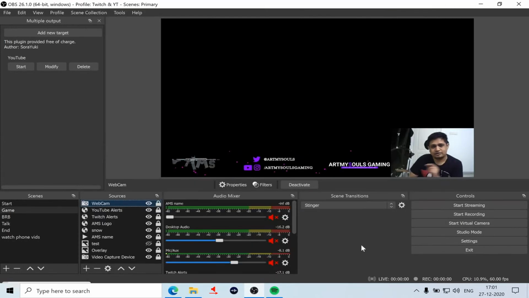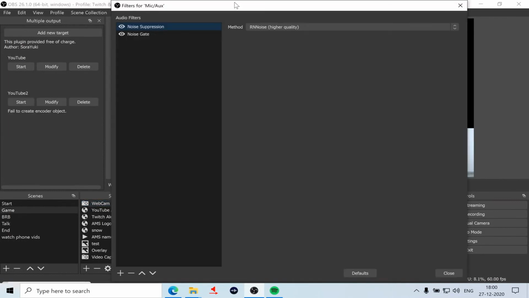The next filter that I want to talk about, which is more important right now, is the mic filter. You generally see a lot of background noise coming. Right now, I'm not sure because I'm not recording directly from OBS, because I wanted to show you a lot of features here which get disabled if I turn on the recording option. So let's say there are a lot of honking sounds outside, or there is vacuuming going on behind me, or somebody is closing the door, right? All those sounds that I don't want captured in my microphone, including the keyboard and the mouse clicks, you turn on noise suppression.